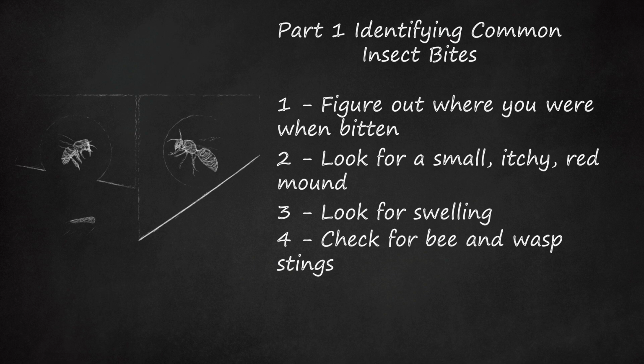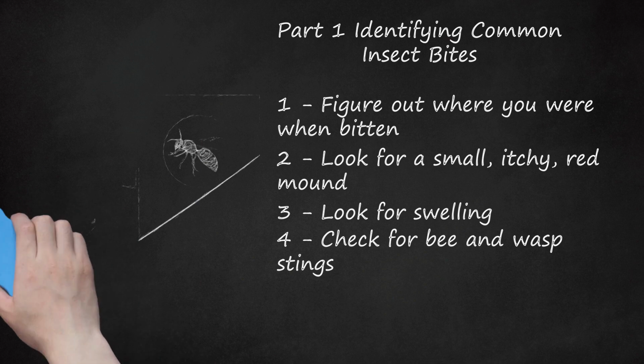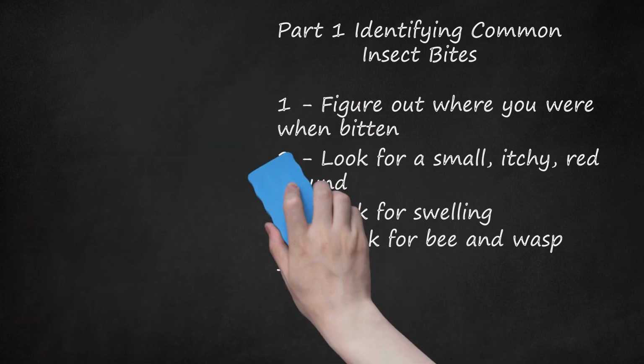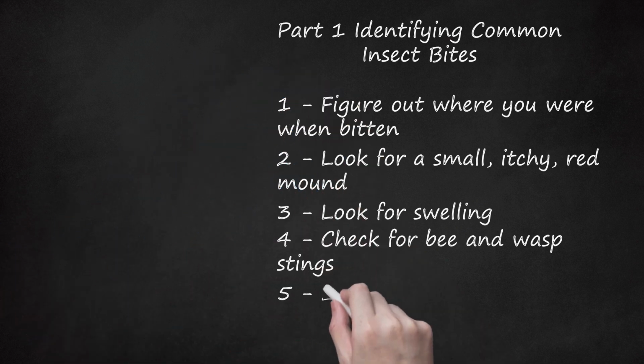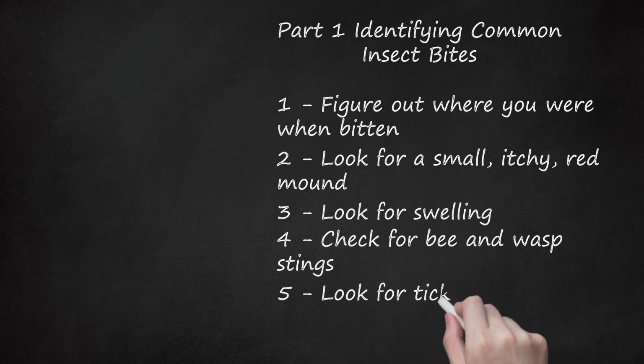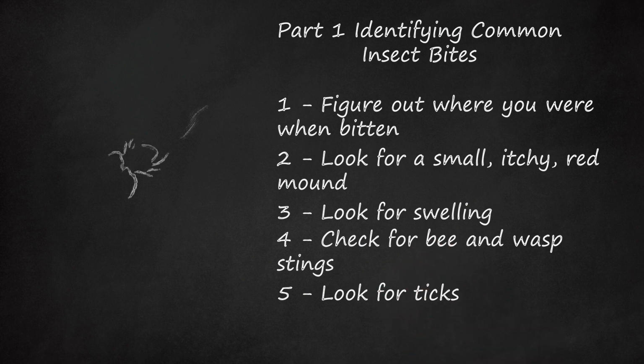Other stinging insects, like hornets, wasps, and yellow jackets, do not leave their stinger. If you have been stung, and there is no stinger left, that is probably what stung you. 5. Look for ticks. Bites from ticks tend to be bright red but painless, so if you are not looking, you may miss having